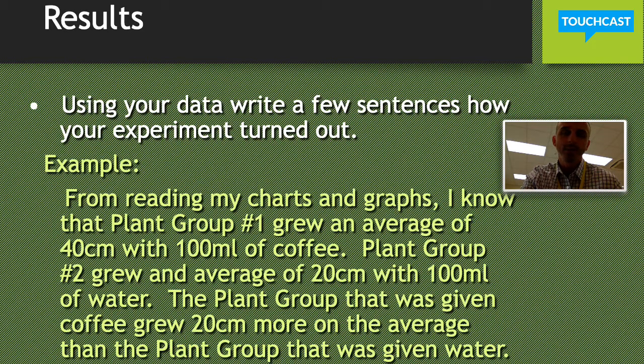And so in this portion, the results and the conclusion sometimes can be combined into one paragraph, but word of advice, you might want to separate these. So this first portion that you see here on the screen is the results. This is where you are looking at your graph, where you saw in part 6, or looking at your chart